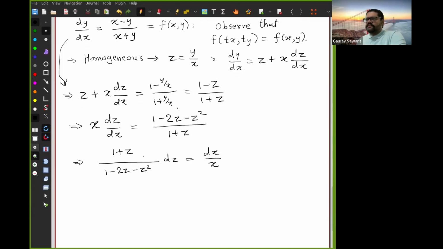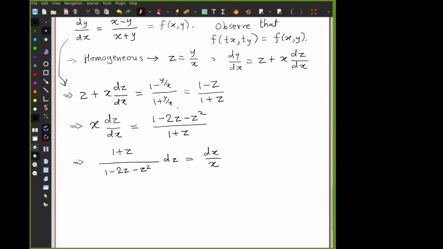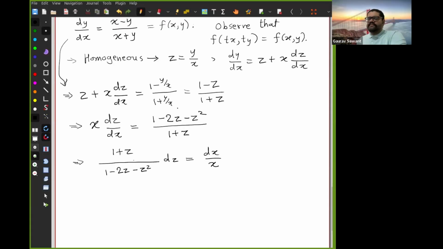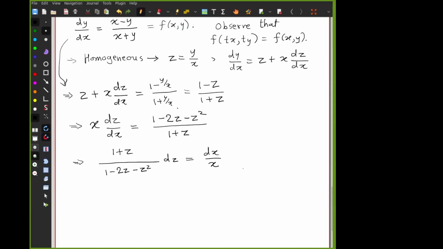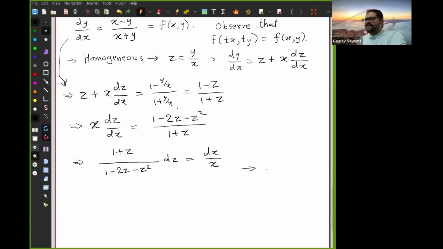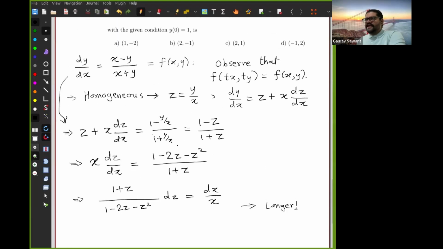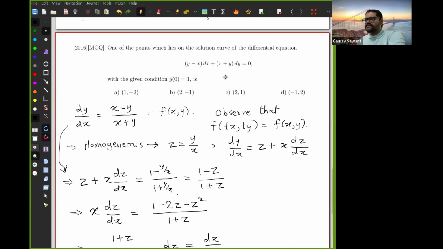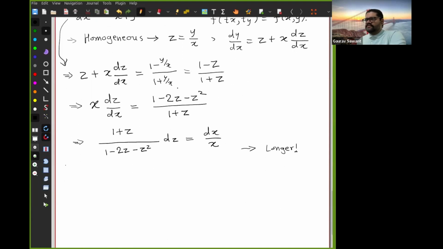Now you will have to make an appropriate substitution here, and then go about. But as you can see, it is taking much longer, because the form on the left hand side would require a certain type of substitution. So you'd perhaps have to do another substitution, so I will just write longer for the time being. But what one can do is observe that the same equation, (y minus x) dx plus (x plus y) dy,